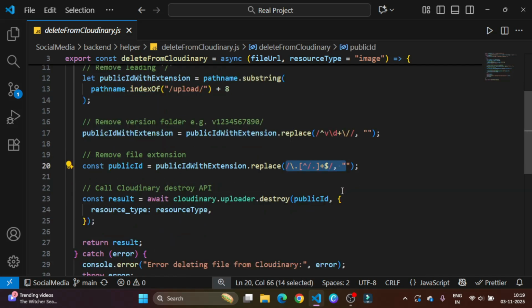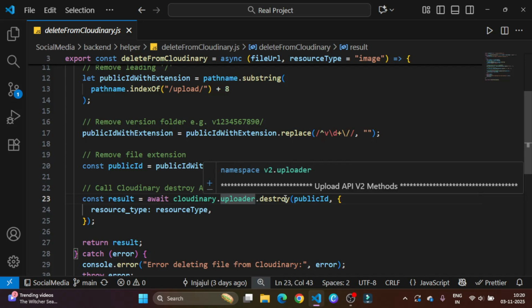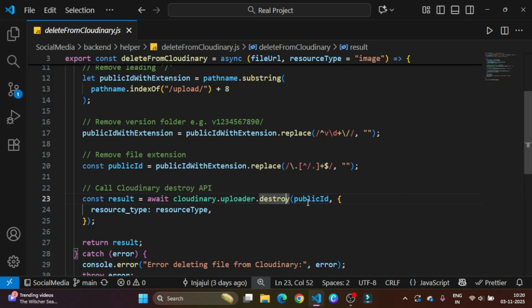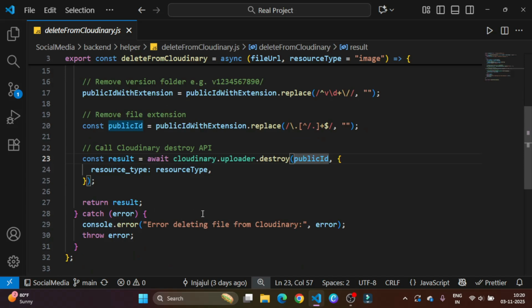And then once we have that public ID, we call the Cloudinary uploader destroy method like this. This is the API and this is the method, and it accepts two things: public ID and second is options, because this tells Cloudinary, hey, delete this file, and we pass both public ID and the resource type. And resource type could be image or video. If the deletion succeeds, Cloudinary returns a result object confirming it. So we simply return that result